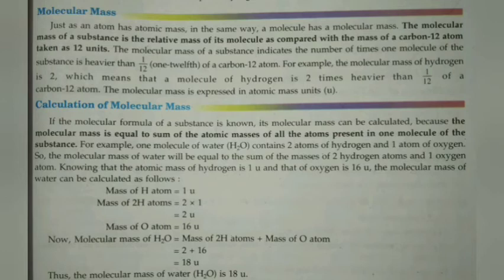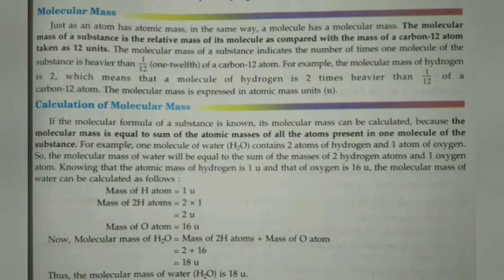Let's see how we can calculate the molecular mass of any compound or molecule. The molecular mass is equal to the sum of the atomic masses of the atoms present in one molecule of that substance. So if we know the molecular formula, then we can calculate the molecular mass of that substance. For example, H2O. The mass of one hydrogen atom is 1 unit, so the mass of 2 hydrogen atoms is 2 units, and the mass of one oxygen atom is 16 units. On adding them, we get the mass of a water molecule equal to 2 plus 16,